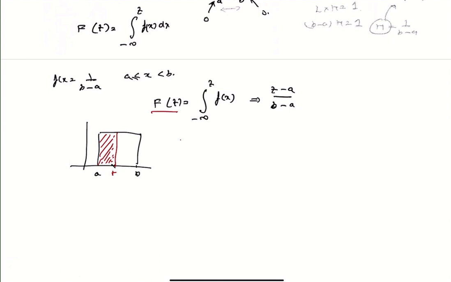So F of t is going to be t minus a divided by b minus a, which would be your area. And obviously F of t is going to be 0 when it is here, and F of t is going to be 1 for t more than b. So that's the CDF